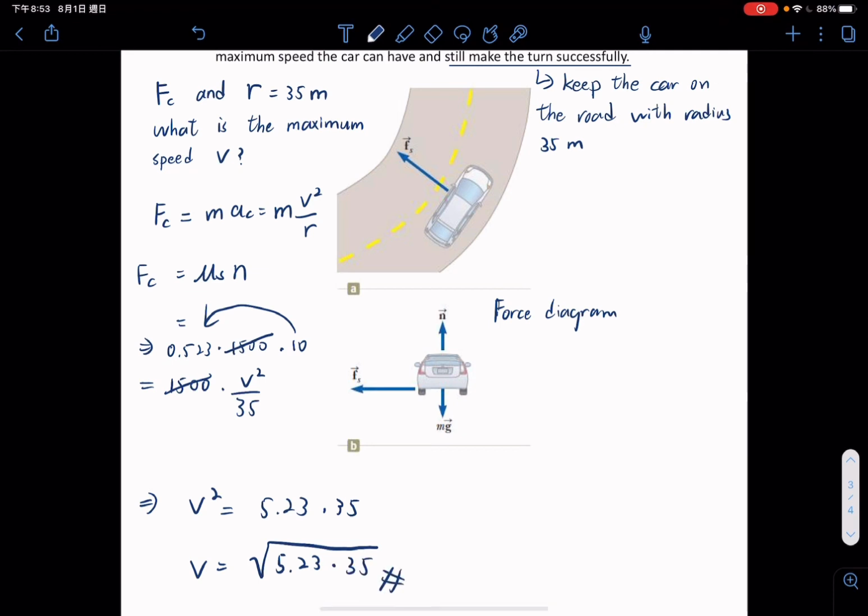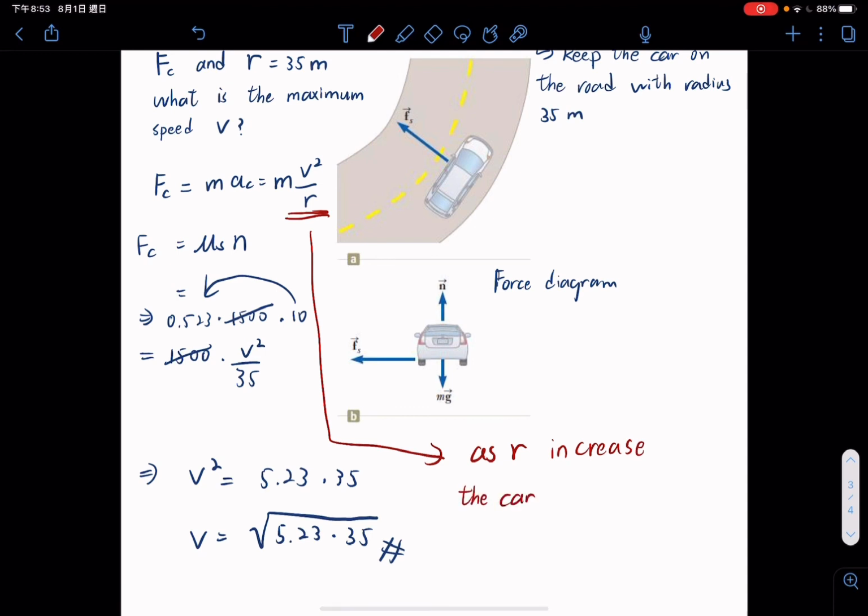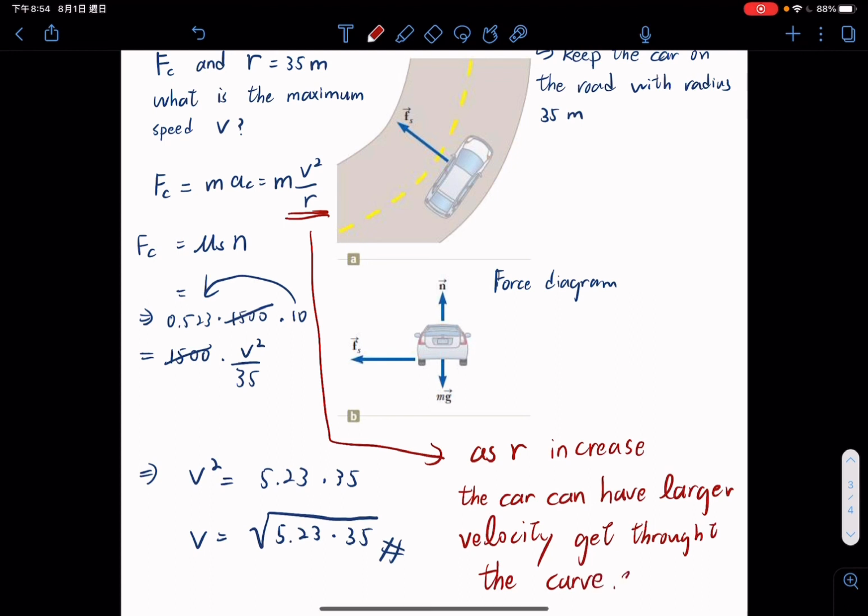So basically we can get a concept here. As R increases, the car can have larger velocity through the curve. Okay, and